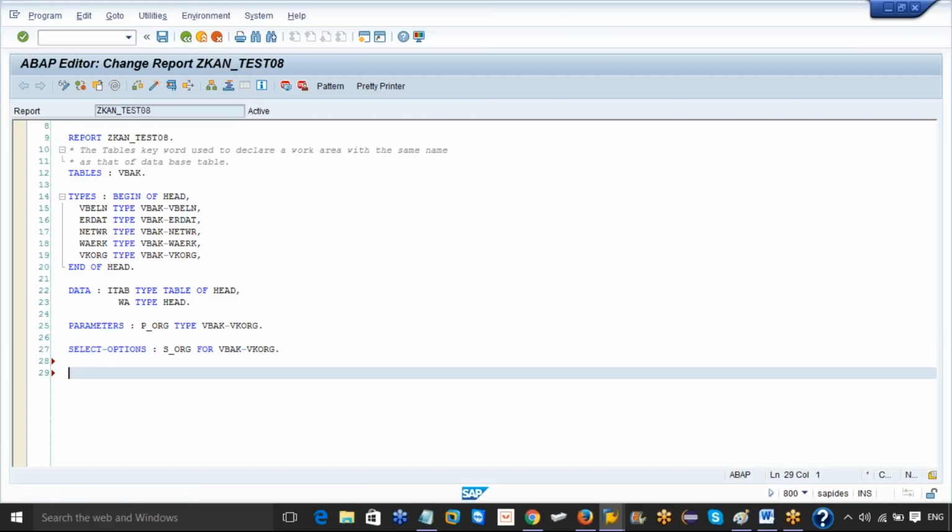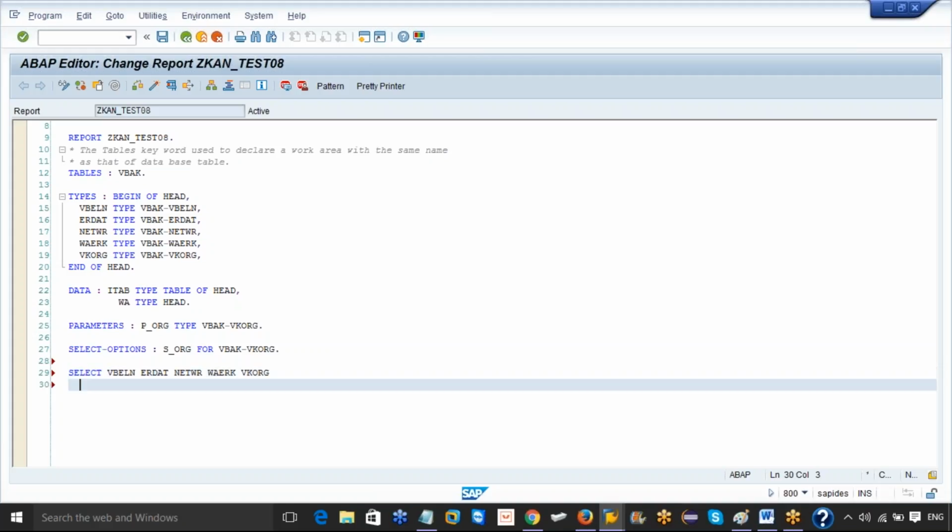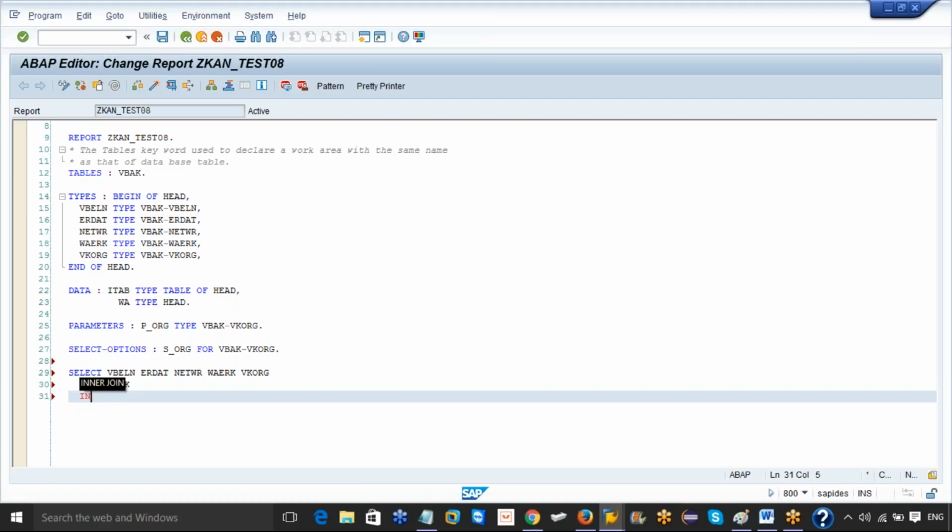Now what is the difference while writing a select query for the parameter and select options? What could be the difference when you are writing a select statement? I'll say select, what are all the fields? I want to select VBELN, ERDAT, NETWR, WAERK, VKORG from VBAK table and put it into internal table. Internal table name is itab,